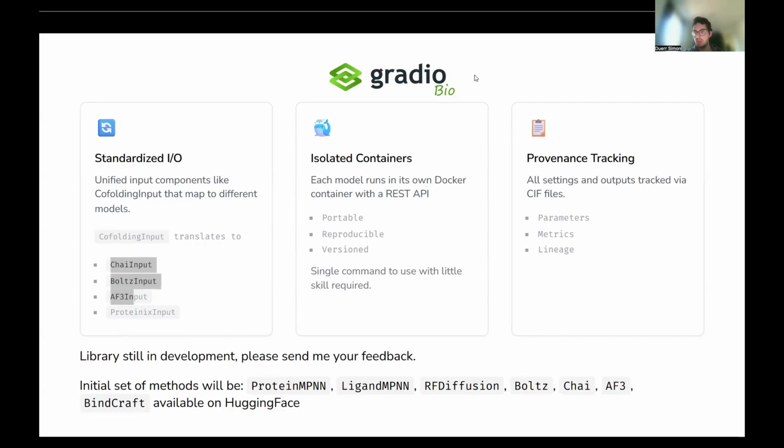So you can run this one command, docker run, and then you have the thing up and you can directly interact with it. And then also in this Gradio framework, you have the added benefit that you don't only have a command line interface, but you have also a user interface. So you can directly explore without having to figure out, okay, how do I run the thing?